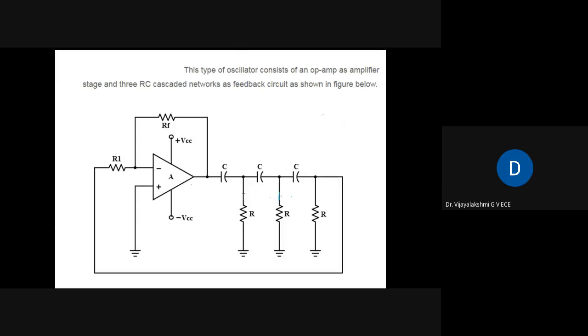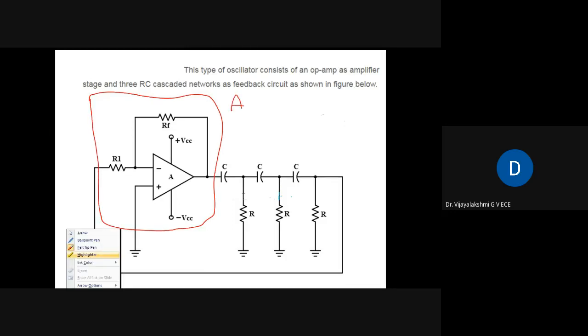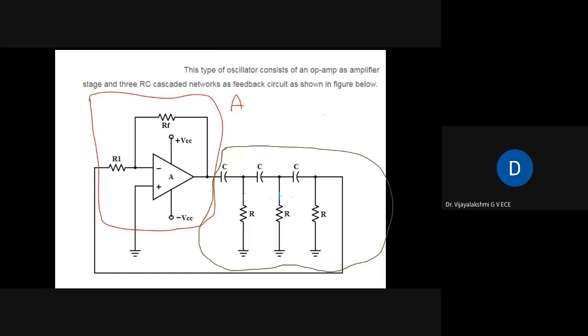Okay, so this is the complete circuit of the RC phase shift oscillator, where this forms the amplifier part, and this forms the feedback part. Okay, so the feedback part is the combination of R and C. So this forms the feedback part. Now, I think by now you could have understood why I'm going for an RC phase shift network, which is introducing a phase shift of 180 degrees. So you can just relate it.